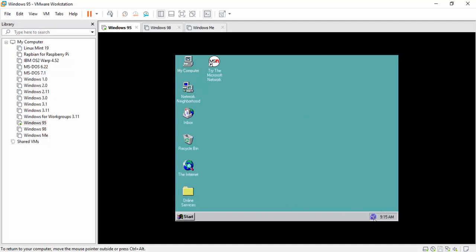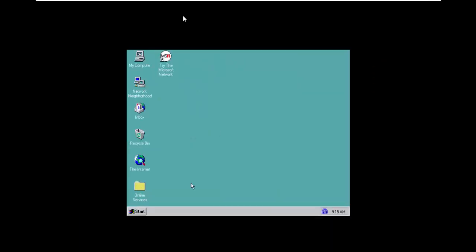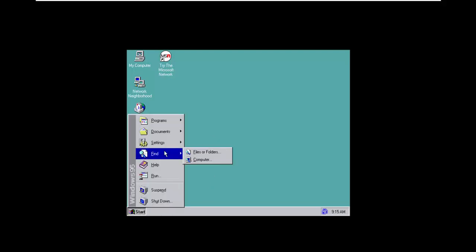So you can see down here in the corner, VMware Tools is actually installed. So now we have the grab and go. As you can see, my mouse moving around. But as I go full screen, it stays pretty tiny. So how to fix that is we're going to go under Settings, Control Panel,